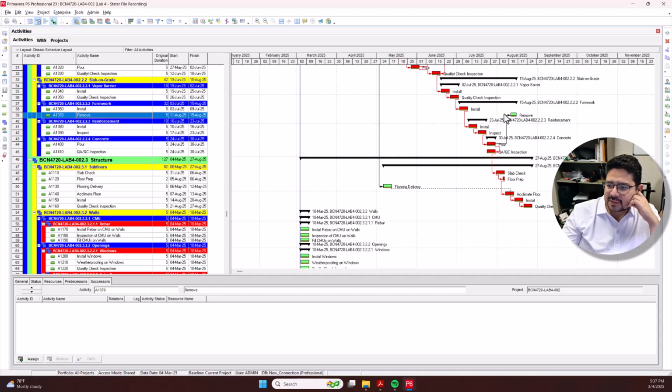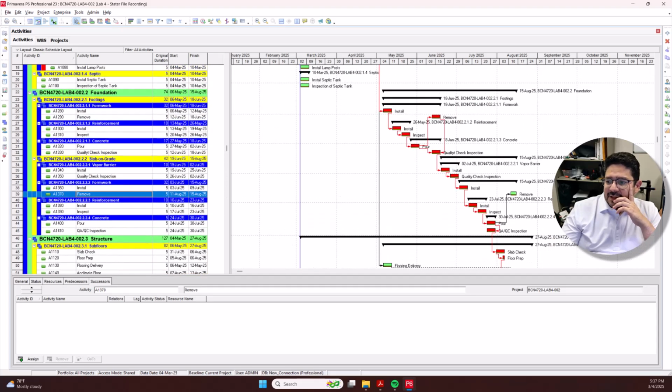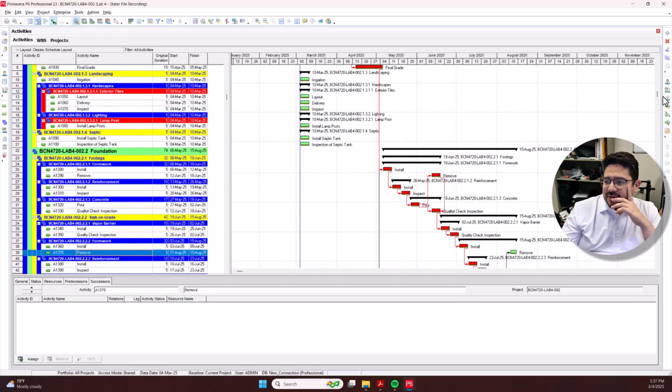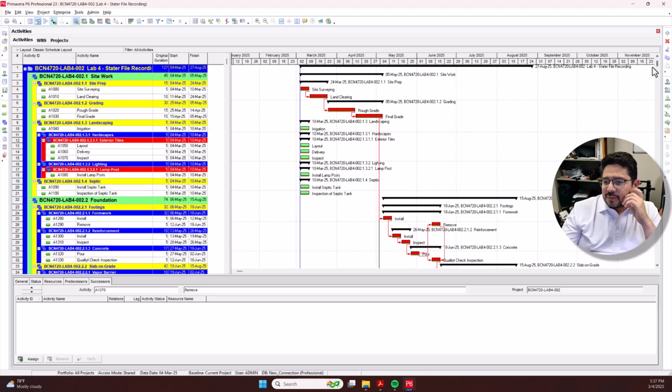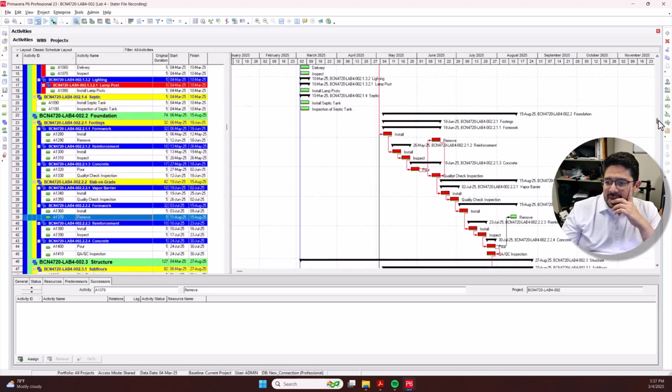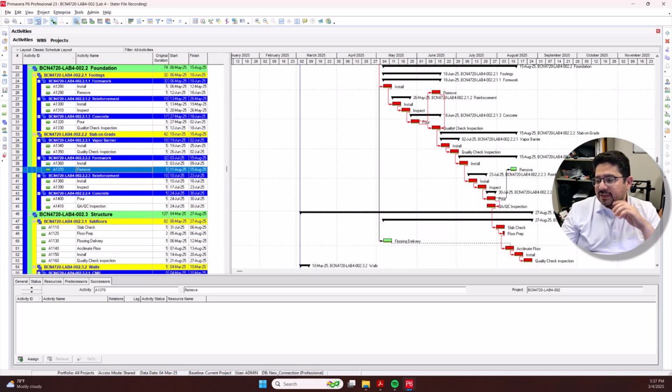Let's see, remove, what is this? Remove formwork for the slab and grade. I thought I added a finish to finish relationship. But it's loose at the end, okay. I'm gonna leave it there for now. Okay, so as it goes, you can see how the WBS is taking shape. The idea, to some extent,